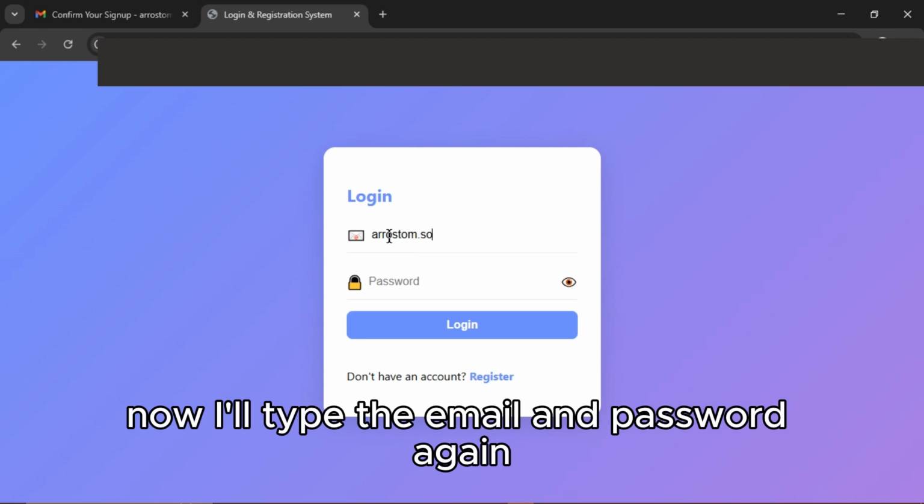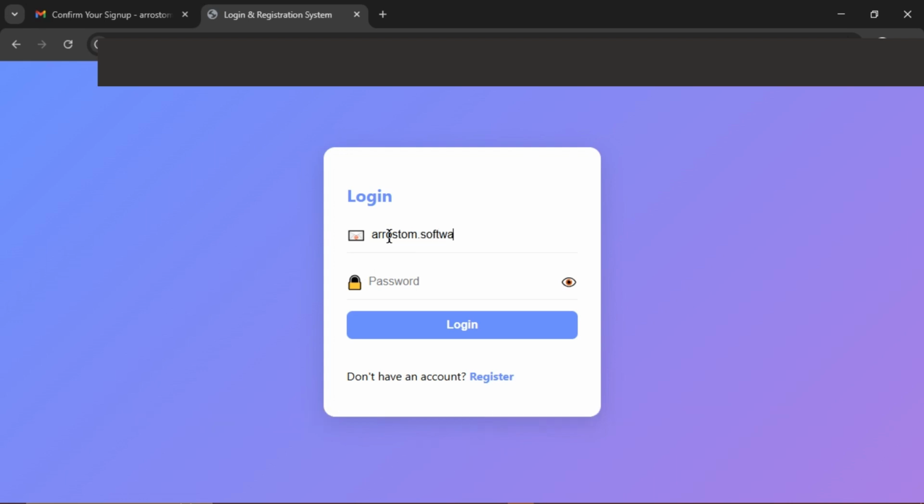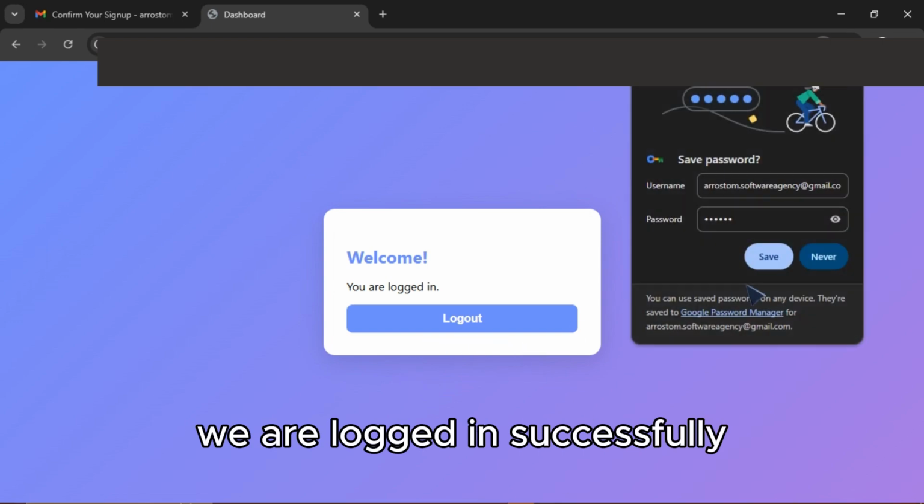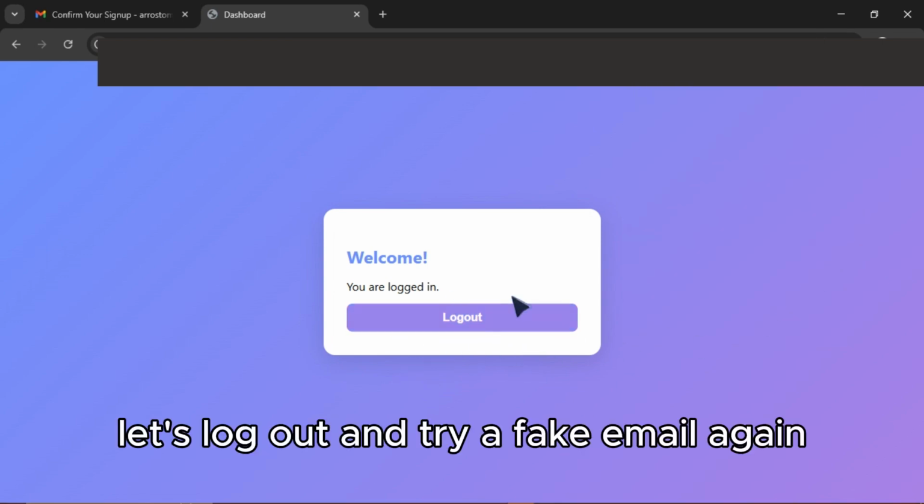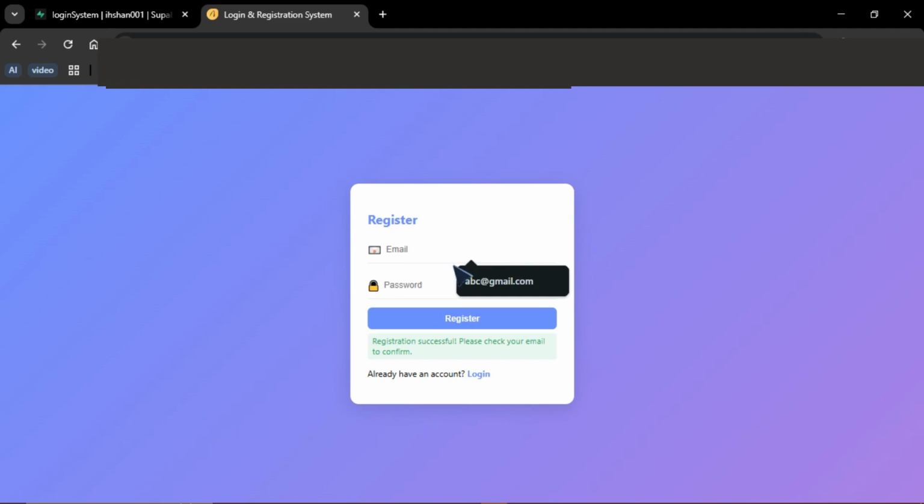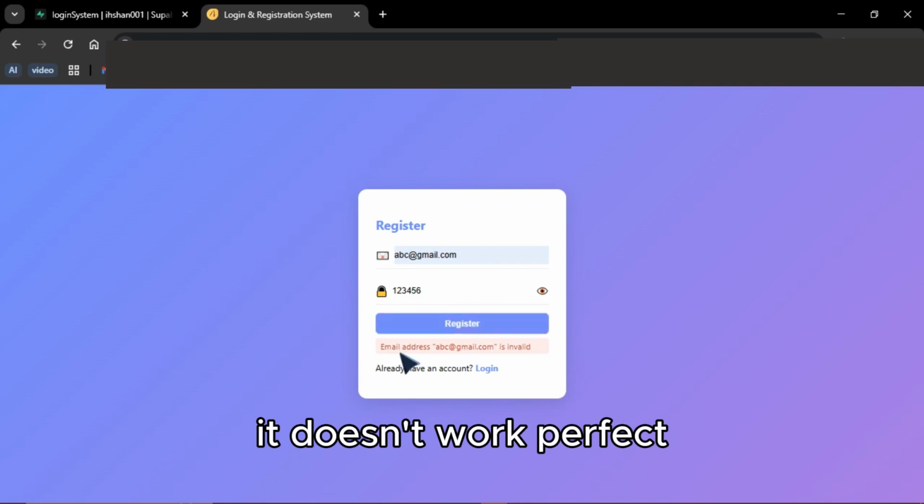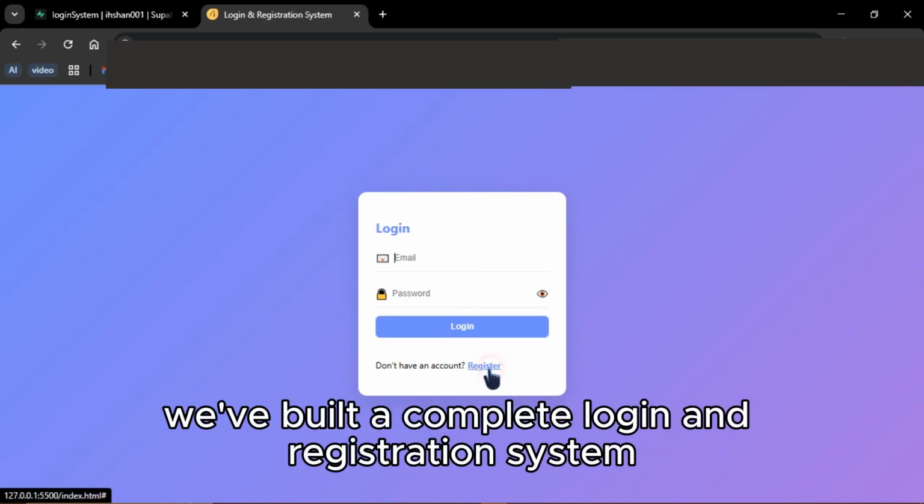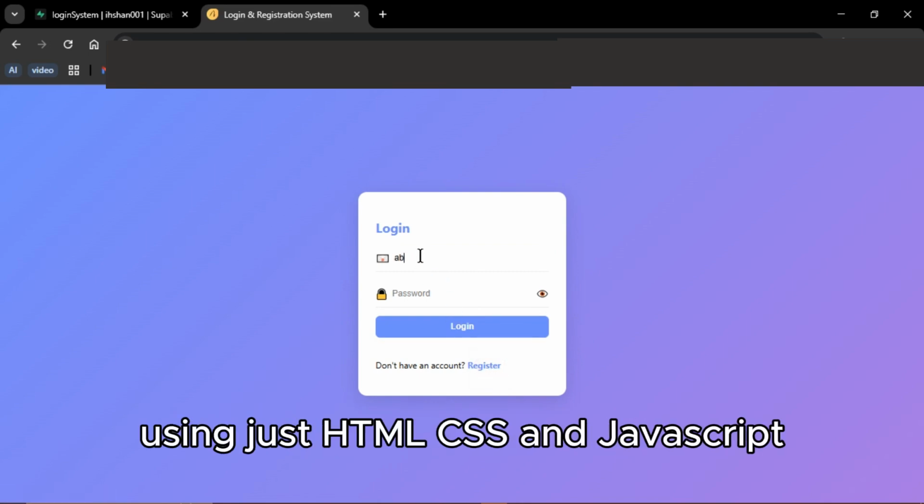Now, I'll type the email and password again. And yes, it works. We're logged in successfully. Let's log out and try a fake email again. It doesn't work. Perfect. We've built a complete login and registration system with Supabase Authentication using just HTML, CSS, and